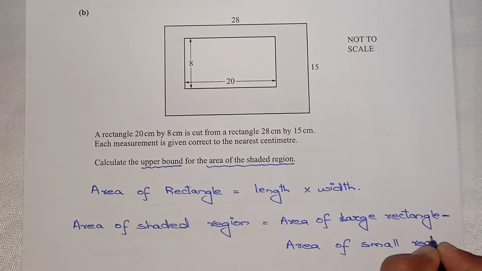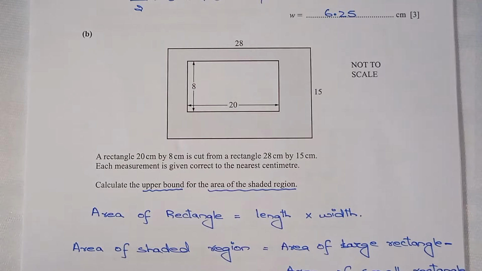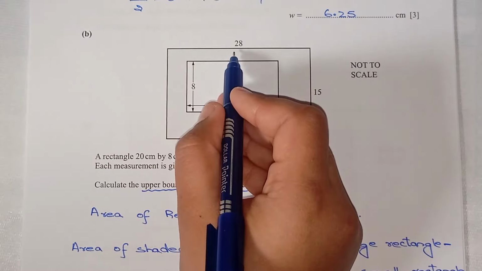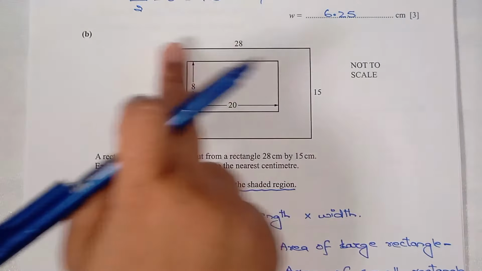But we need to work the upper bounds, keep in mind. Okay, so what are the upper bounds for the dimension? The upper bound is 28.5, 15.5, but here we need to work for the lower bounds. It would be 19.5 and it would be 7.5, right? Because this one we need to subtract, so we need to work for the lower bound for this and upper bound for the shaded, because the upper bound is only required for the shaded region, and the shaded region includes